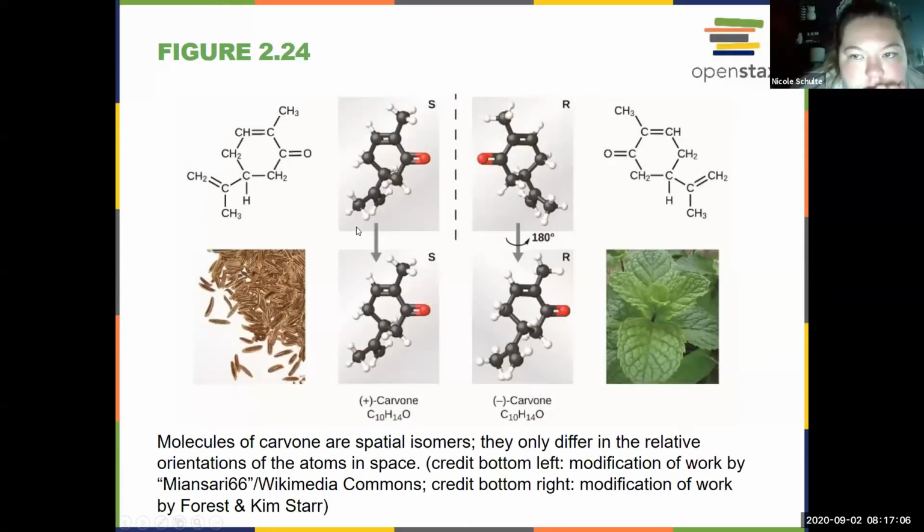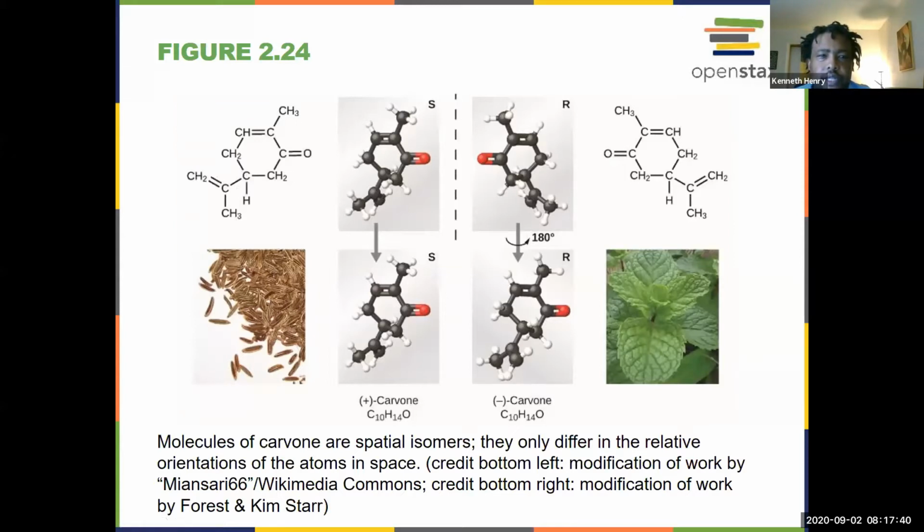Okay, so here's another example. This is called a stereoisomer. So one has a plus orientation and one has what we call a minus orientation. These are considered differently because they're going to behave differently. So carvone, plus carvone or minus carvone, if you look at the orientation, they're kind of mirror images